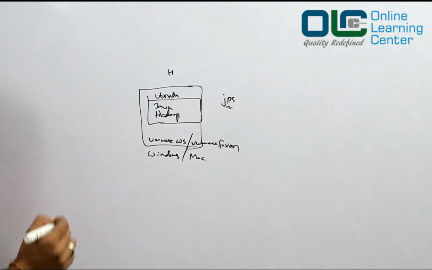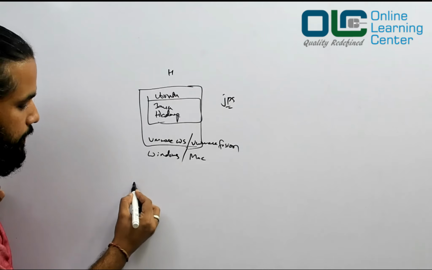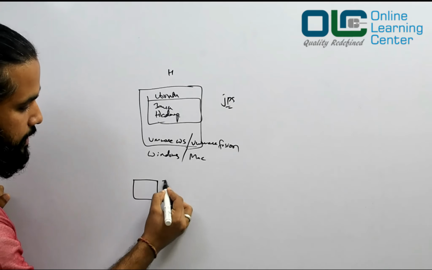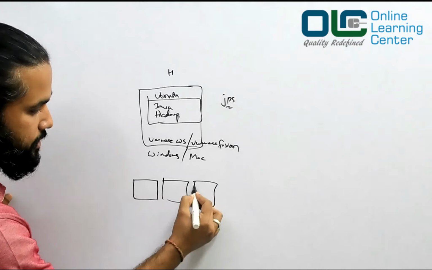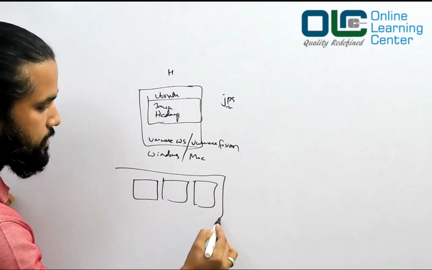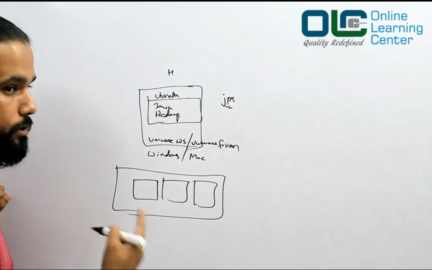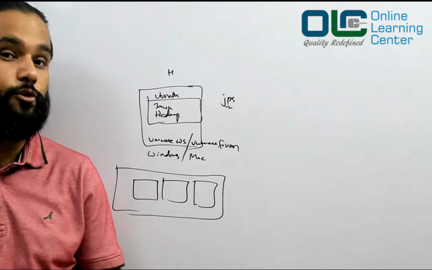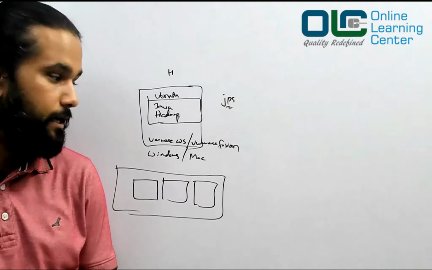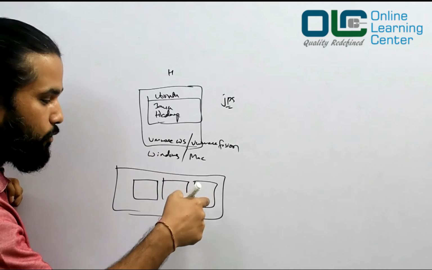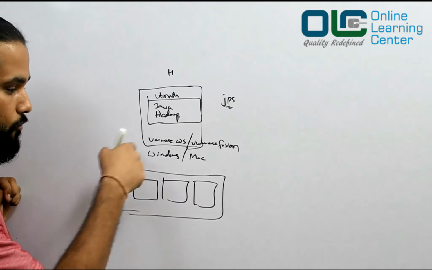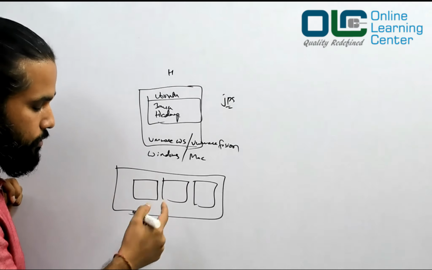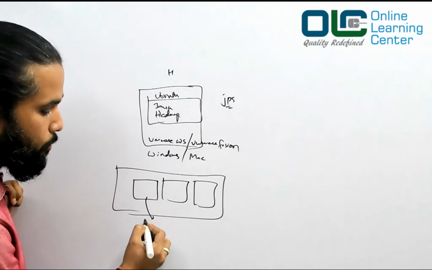As we all know, in a typical real-time production environment, you will have a cluster like this. And what is a cluster, guys? A cluster is nothing but a combination of more than one computer. You can have a one node cluster, a 3 node cluster, or a 1,000 node cluster. So let's assume this is a 3 node cluster, and we have installed Hadoop in it. When I say 3 node, I'm talking about slaves.